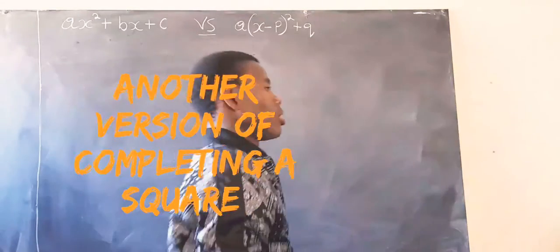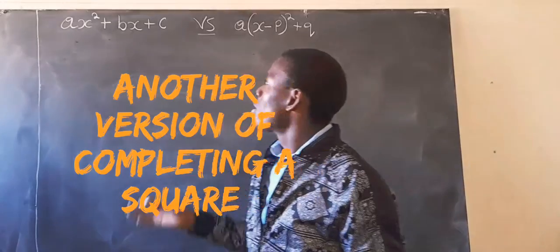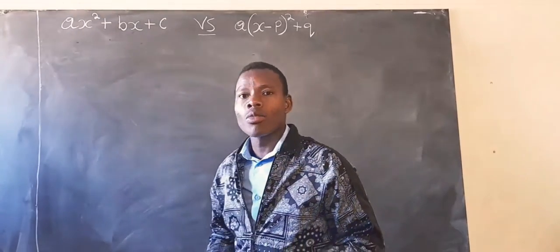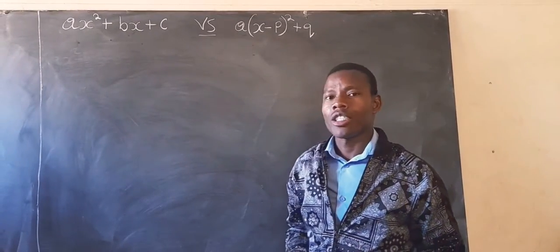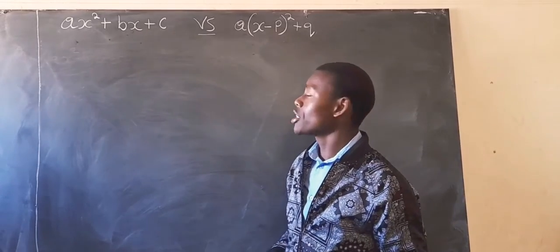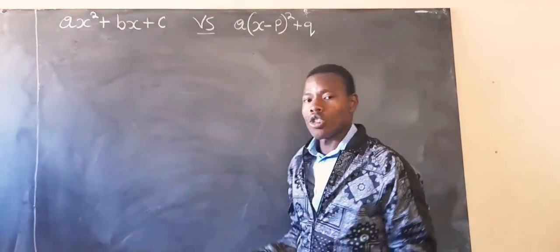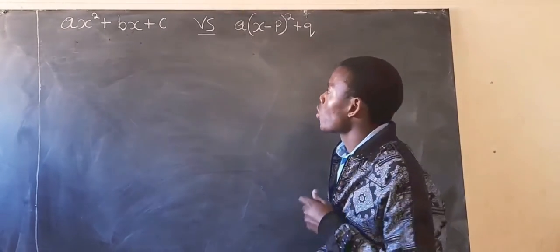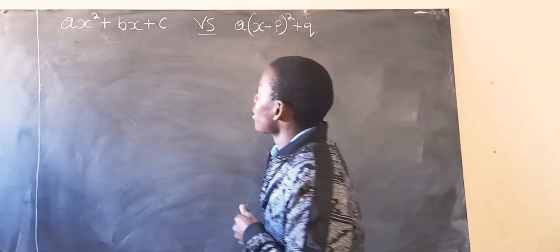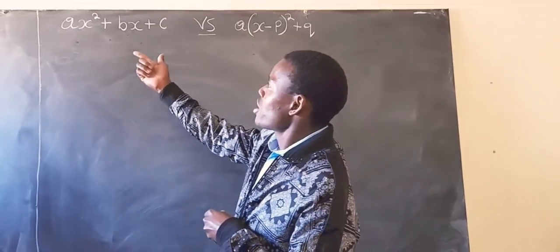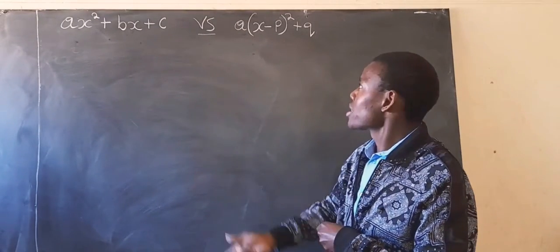Well, we have the general forms of quadratic equation. This is a quadratic equation because of that squared. So we are looking at the general equations that we have, which is ax squared plus bx plus c, together